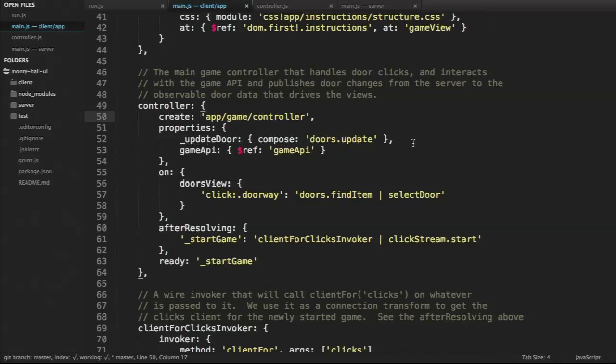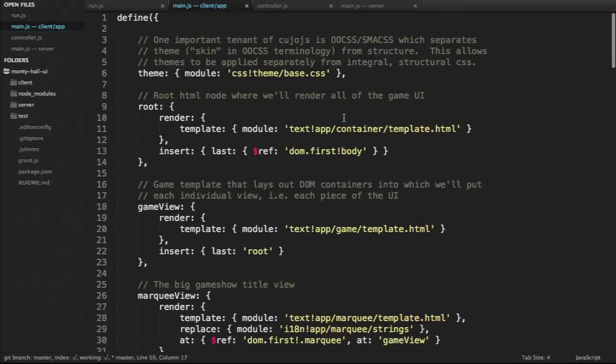Yeah, here we go. Okay, so just quickly, since Wire understands AMD syntax, we can also use these in our Wire specs. So here's an example right here. We're grabbing a theme CSS file using the CSS plugin, and